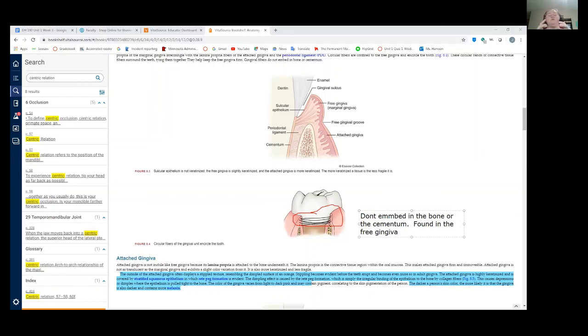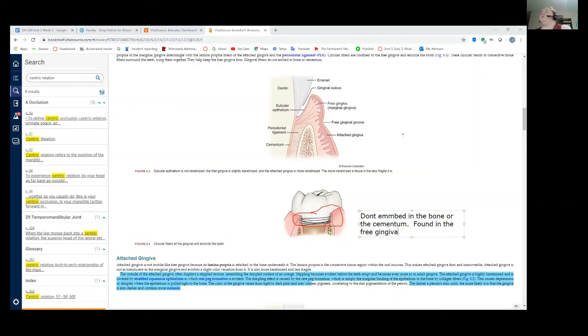Okay, and what those do is they support that collar of tissue, that free gingiva around our tooth, from just flopping over. Okay, so think of just like purse strings, keeping it nice and tight around the collar of the tooth. And those are our circular fibers. It's so nice that they name all of these somewhat similar, right? All right. Very good, you guys.